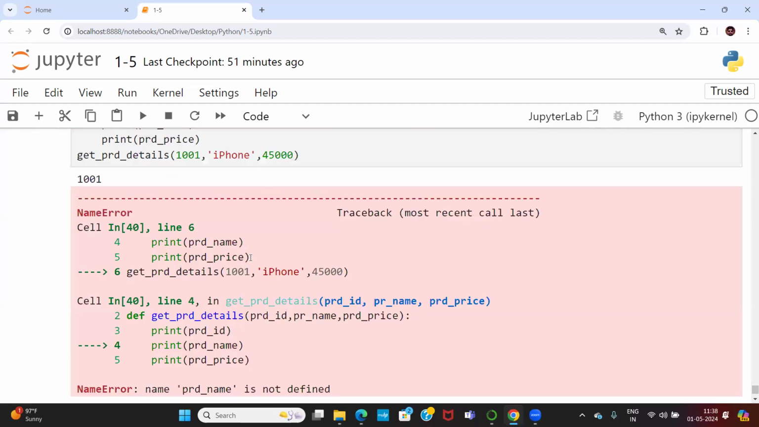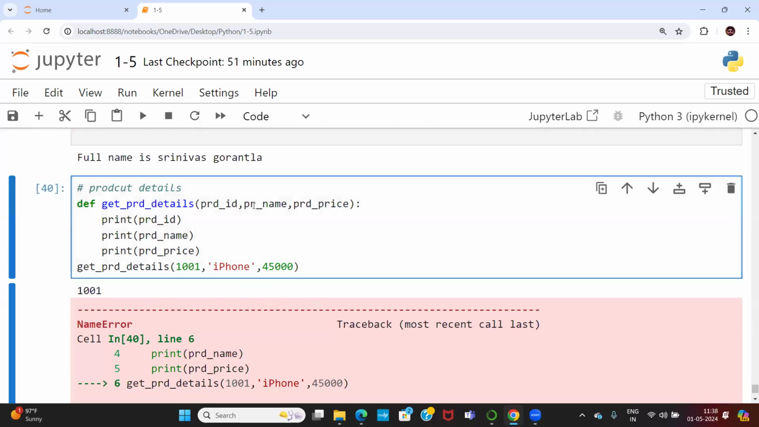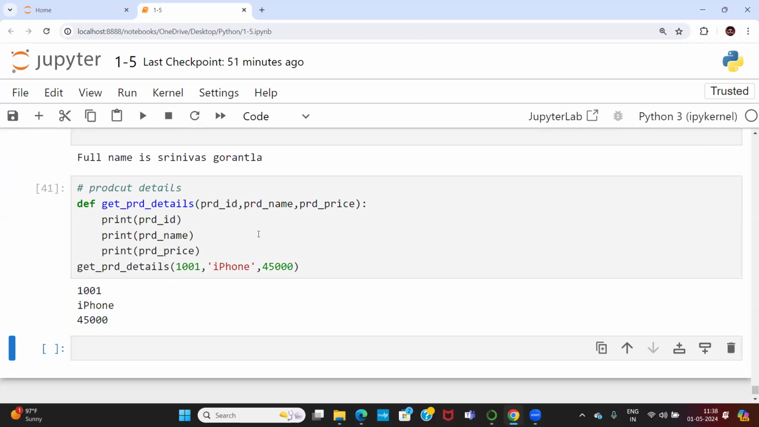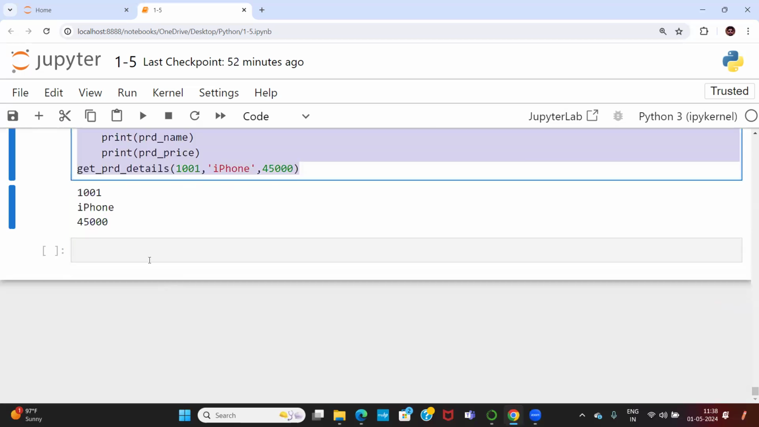Okay, product name is not defined. Somewhere we got an issue. Okay, PRD. That is a mistake. 1001, iPhone, 45,000. Okay, so the one thing I just want to show you here, the same program I'm taking